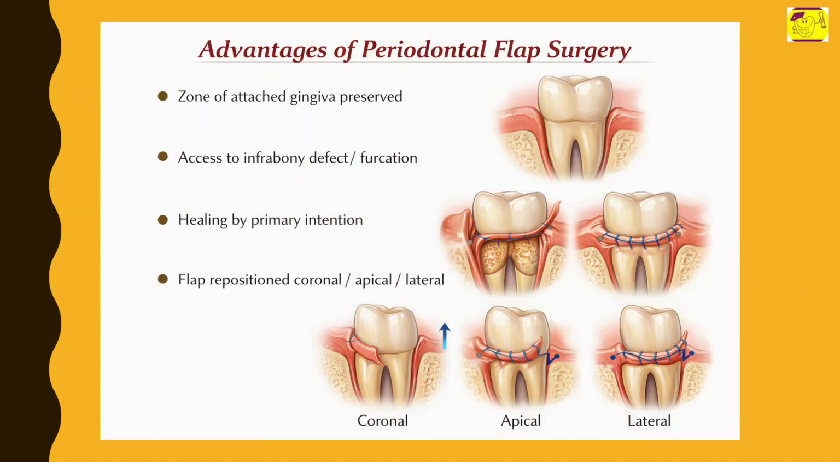Next type of surgery is the flap surgery, and this is completely opposite of gingivectomy, and the advantages are as follows. 1. Zone of attached gingiva is preserved. 2. The access to infrabony pocket or defect is obtained. 3. Healing happens by primary intention and the flap can be repositioned coronally, apically and laterally. Exactly what a mucogingival surgery could not achieve, it can be achieved through flap surgery. There are several